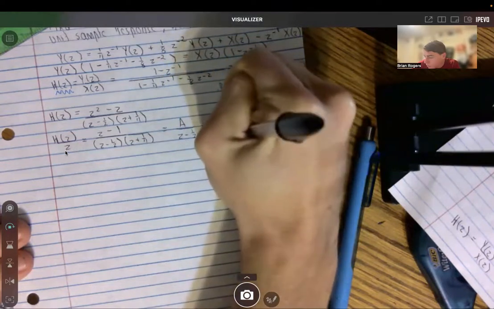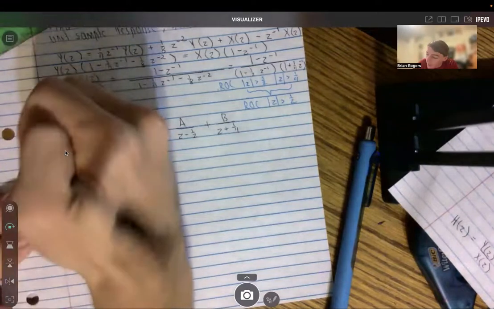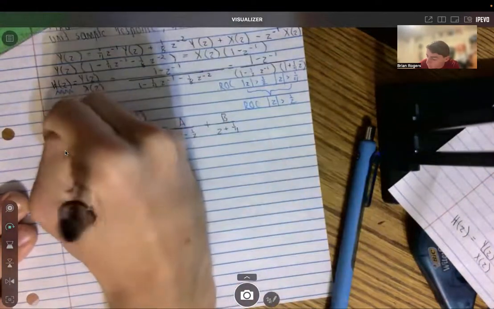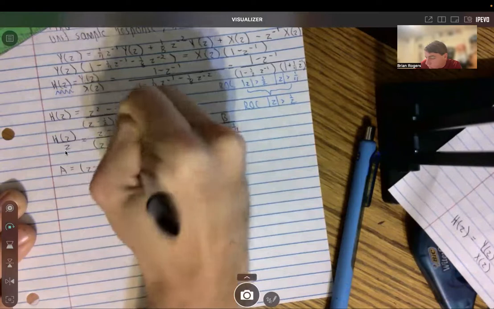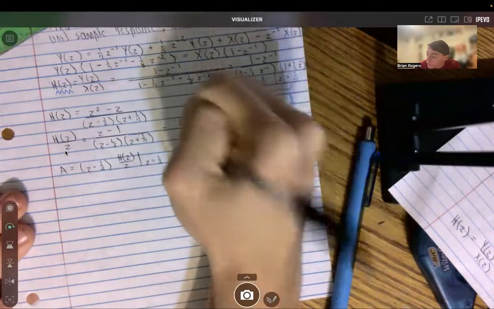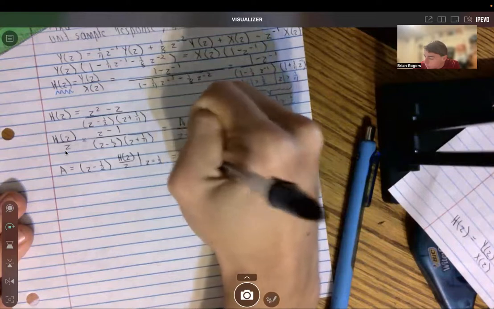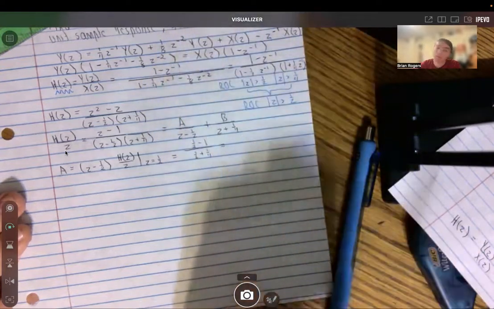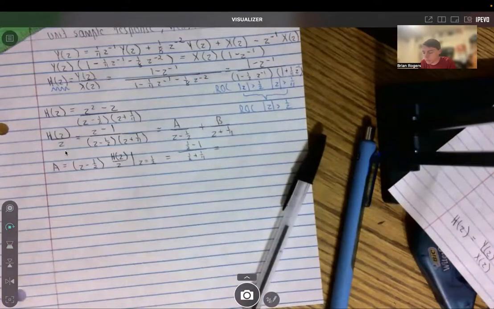plus B over (z + 1/4). Now that we have that, in order to solve for this, A is going to equal (z − 1/2) times H(z) over z, substituting in z equal to 1/2. And so what we're going to notice here is it's going to be (1/2 − 1) all over (1/2 + 1/4). That's going to be equal to 0.5 minus 1, divided by 0.5 plus 1/4,